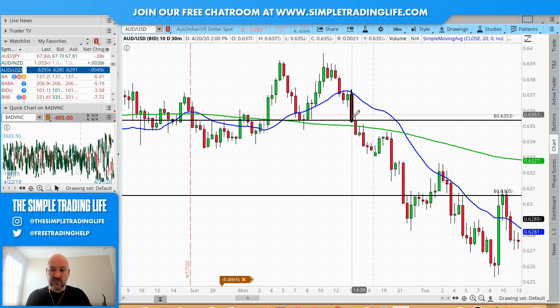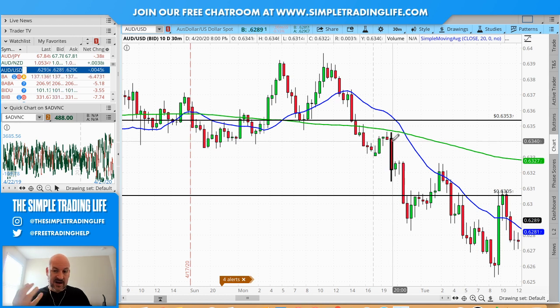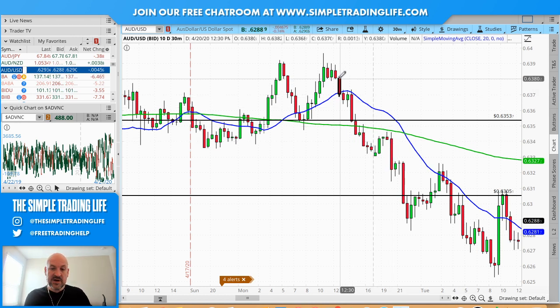And then obviously we could have rode that down. We probably would have exited here, and then we would have looked for some sort of re-entry somewhere else. Okay, we're always looking for the highest probability trades. So we'll get out sometimes, although this move, you saw this spike back up to the 200 and then it went lower. And maybe that's what we would have looked for, right? Get out down here. Let's see if we reject the 200 and start lower. Maybe this candle here, if we get below it. I'm just throwing some things out there. But that's how we trade.